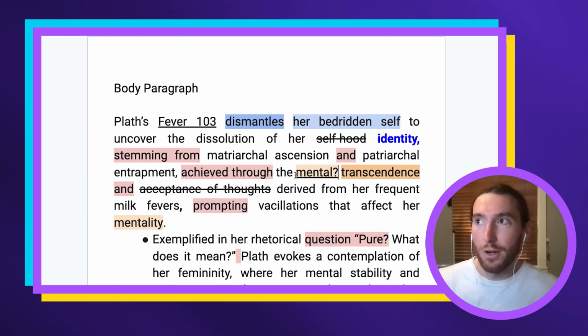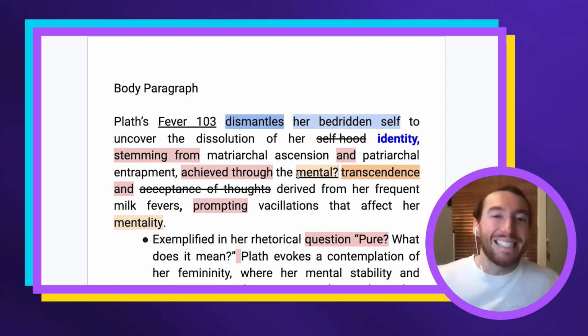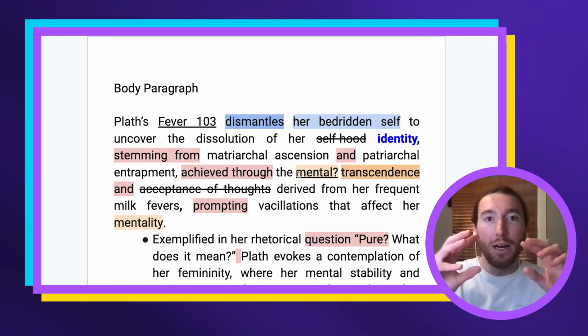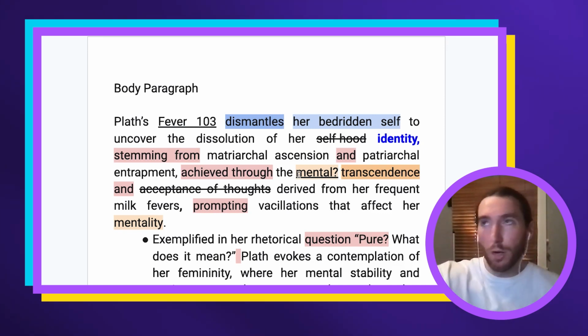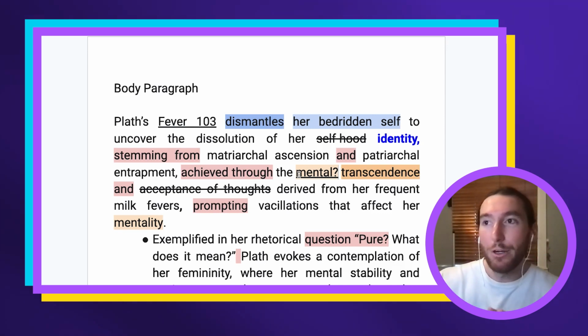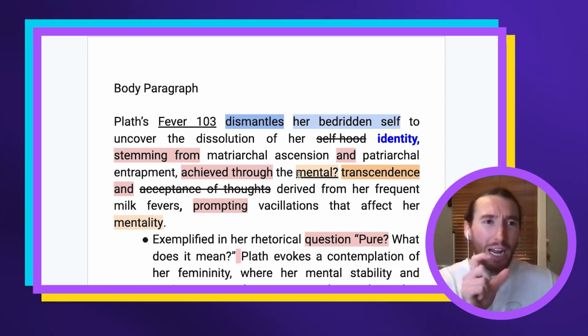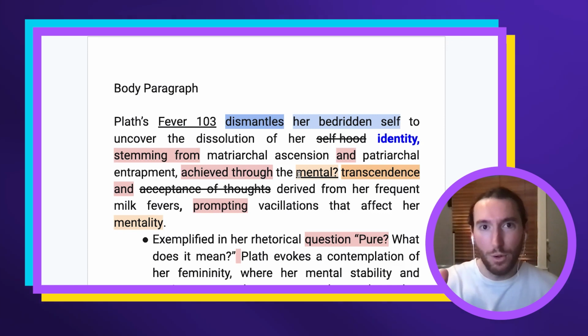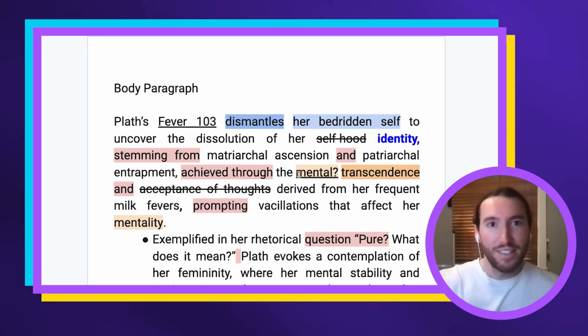So the student's gone "mental transcendence." It's like, that's not exactly what the question was meaning by that. And this is why it's so important to clarify how you're going to interpret those key terms from the question at the get-go. This is why it's important that you don't just start writing straight away, because it'll become very obvious to a marker that you don't quite get the question, or you're changing your interpretation of the question at different points in your essay.